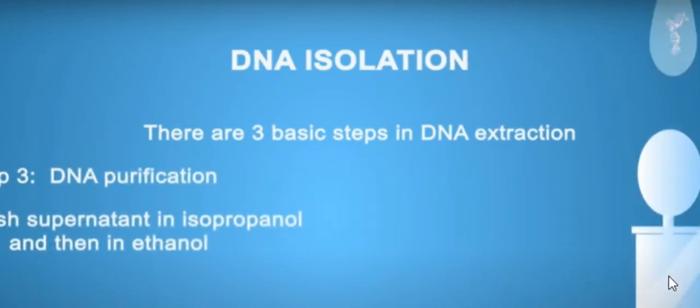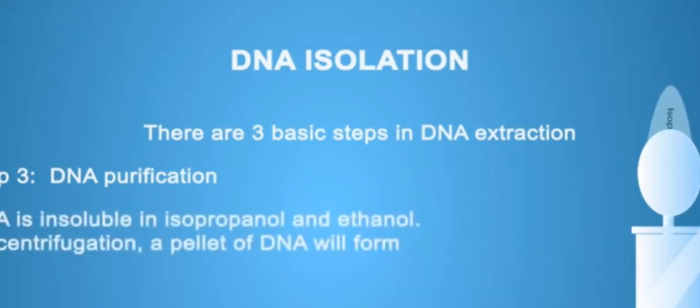Then we have to purify the DNA that was floating in the previous centrifuge tube. We have to wash this DNA with isopropanol and then with ethanol. Two types of alcohol are there. Alcohol is a good solvent, so whatever other impurities are present with the DNA can be removed during the washing of this DNA. This process is called DNA purification. This is the third step. First isopropanol, then ethanol.